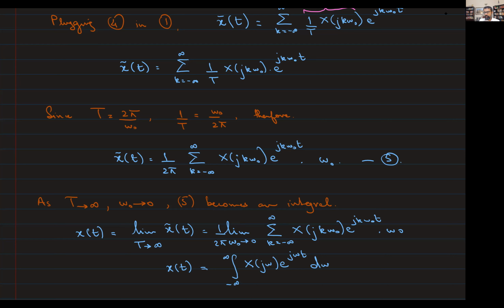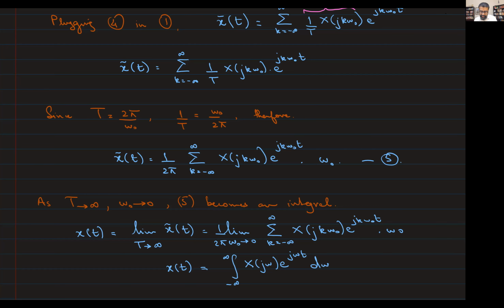Right? So, I mean, barring this, how do we get this integral? I don't want to spend a lot of time on that. So intuition should be clear here. As omega naught goes to 0, this reduces to an integral. But what you've really done is, x of t, remember, was an aperiodic signal. And what you've said now is x of t is actually still a superposition of complex exponentials, except that those complex exponentials are no longer harmonically related, but rather they take values over a continuum of frequencies.